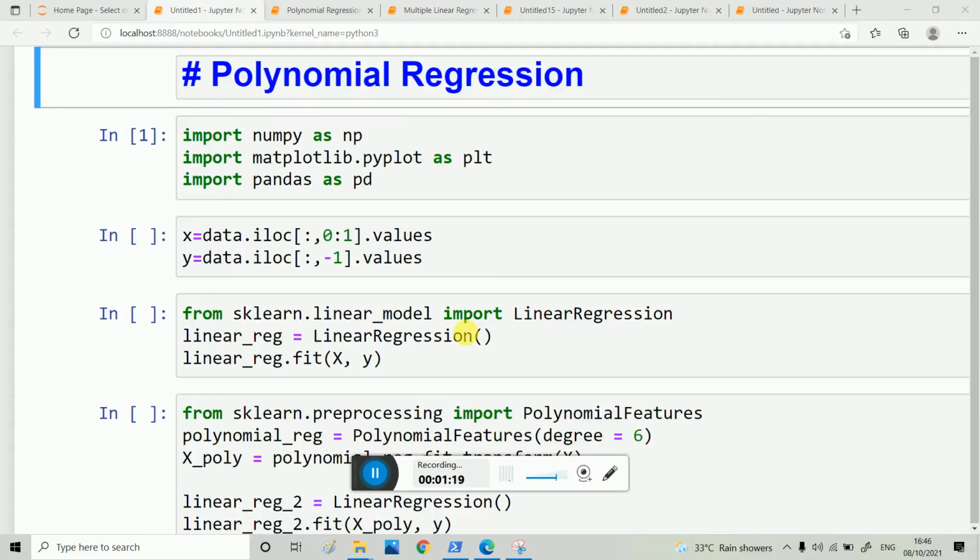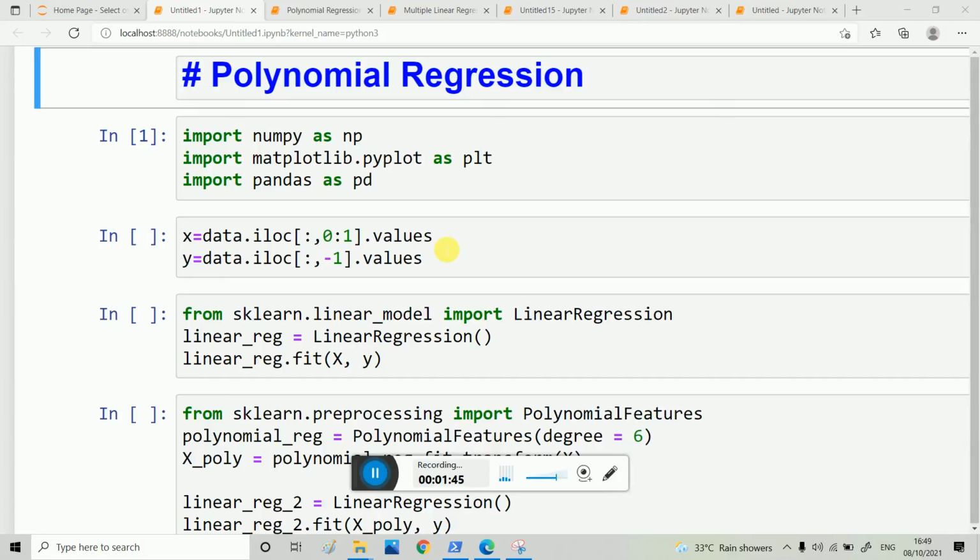So you understand why we need polynomial regression: we have to increase the accuracy. That's why we increase the polynomial degree, that's why we use polynomial regression. Firstly, we import all the libraries and do the data pre-processing and data cleaning part. You can watch my previous video on how to handle missing data, how feature scaling is done, and how to encode categorical data, if you have any difficulty.